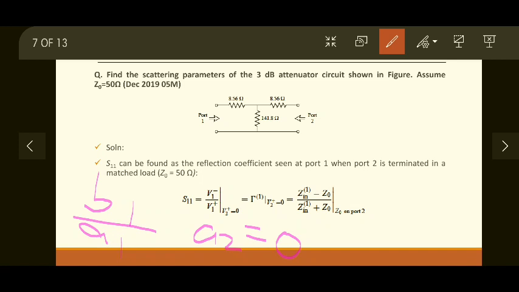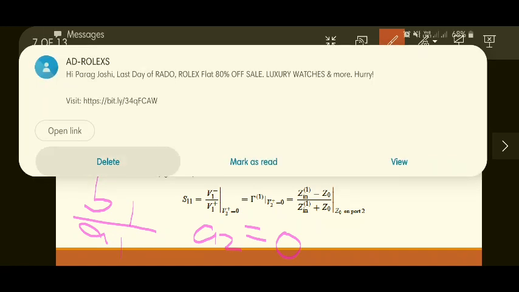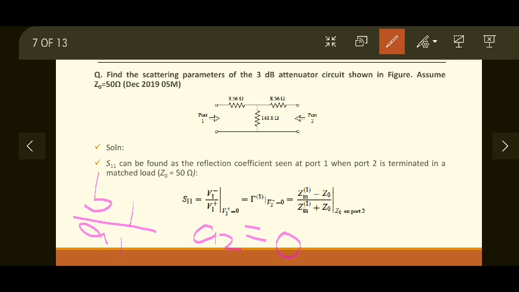Now when voltages are not given to you, you can calculate the reflection coefficient using the impedances of a network, Zin and characteristic impedance, that is input impedance and characteristic impedance. So the reflection coefficient can be given as, this is a very important formula, gamma is equal to Zin at port 1, that's why there is a superscript 1 for Zin, minus Z0 upon Zin plus Z0, when Z0 is on port 2. This is important, Z0 should be on port 2 for the input reflection coefficient.